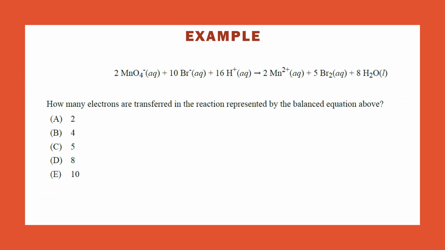Okay, here's another permanganate reaction. So in this one, we've got permanganate ions and bromide ions and some acidic hydrogens reacting. And we want to track how many electrons are transferred in the reaction represented by the balanced equation above. So this is an example from redox reactions, which you introduce in Unit 4. So the easiest thing to do is to track the